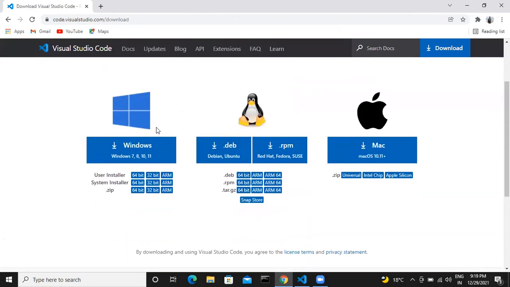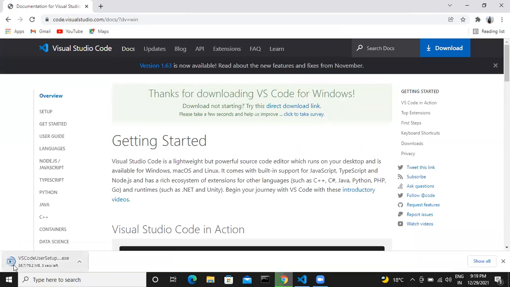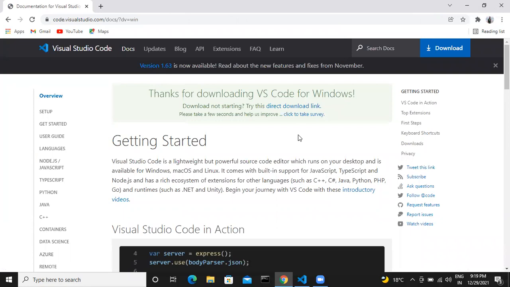Which one you have to download from here. If you click, it will download. As you can see, it is downloading. But I'll cancel this one since I already have downloaded this VS Code.